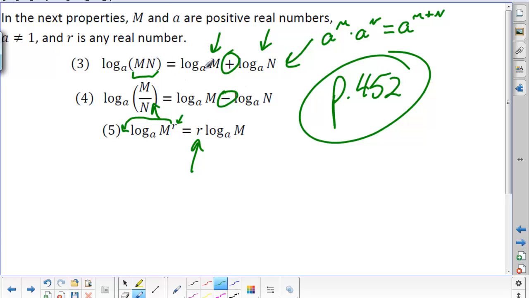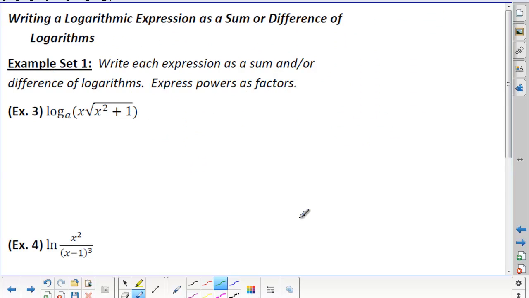And so that's the idea there, but just know that's how these properties work. A product inside a logarithm can become a sum of two logarithms. If we divide, it becomes a difference of two logarithms, and then a power right here we can bring down front as a product, r times log a of m. Alright, so with that in mind, we can actually look at taking all these properties and